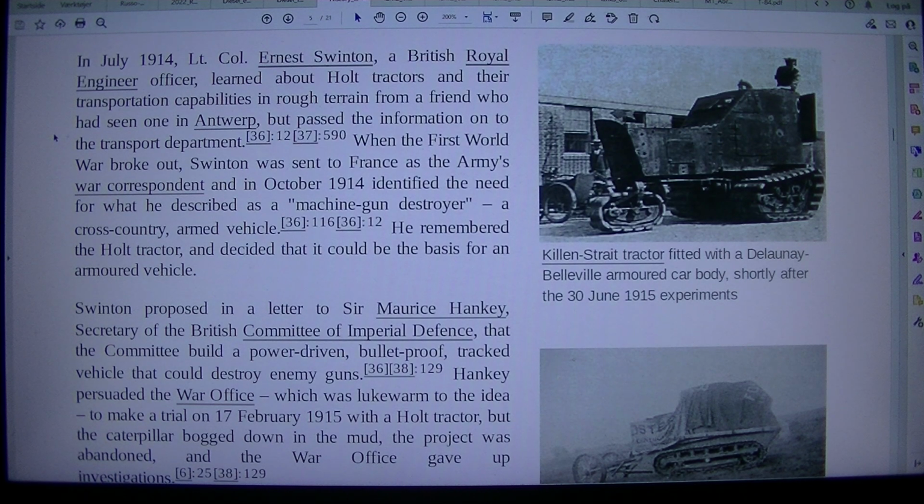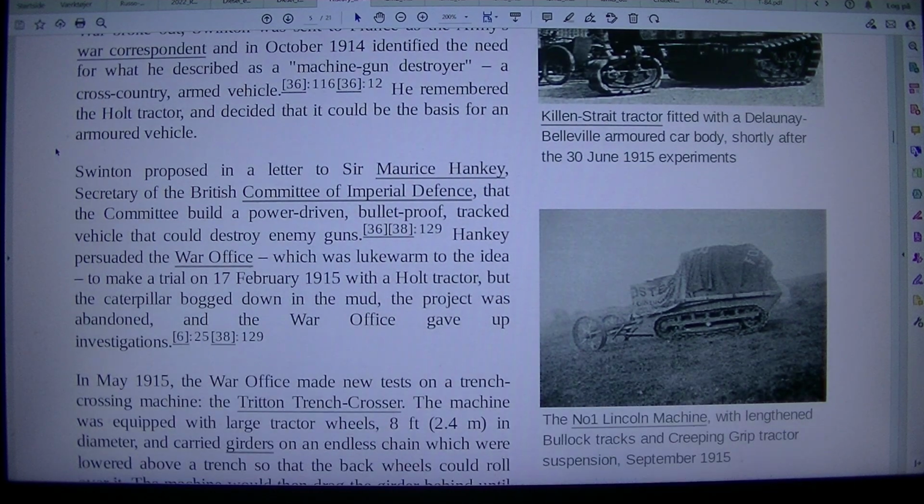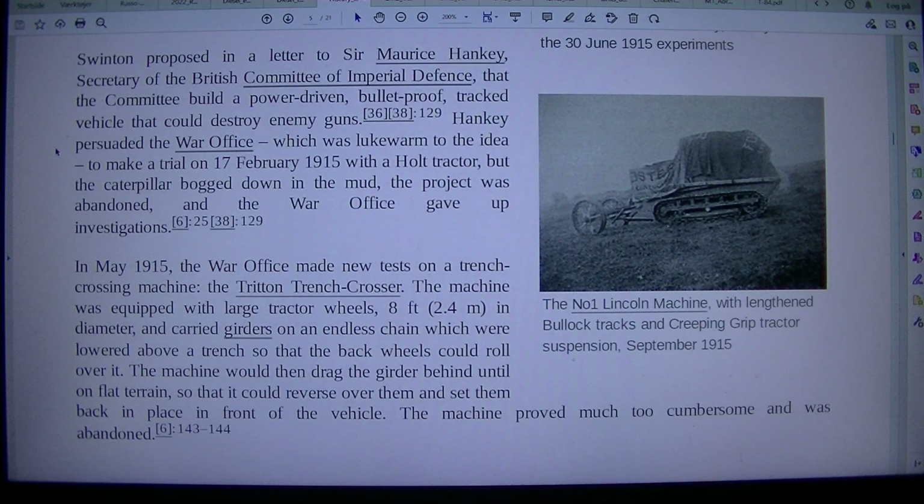When the First World War broke out, Swinton was sent to France as the Army's war correspondent and in October 1914 identified the need for what he described as a machine gun destroyer, a cross-country armed vehicle. He remembered a Holt tractor, and decided that it could be the basis for an armored vehicle. Swinton proposed in a letter